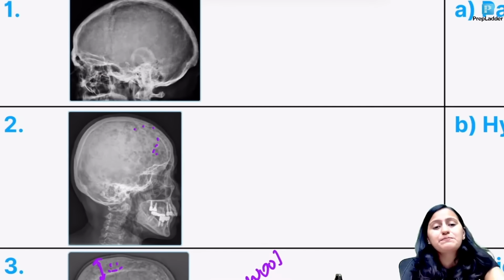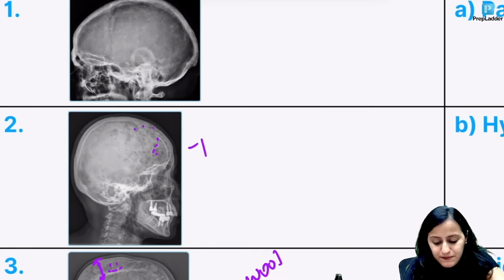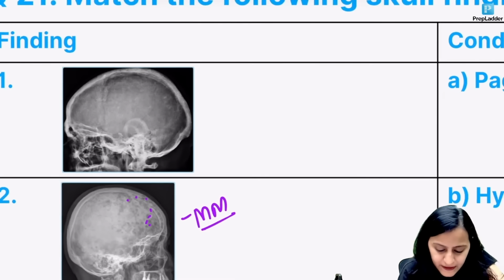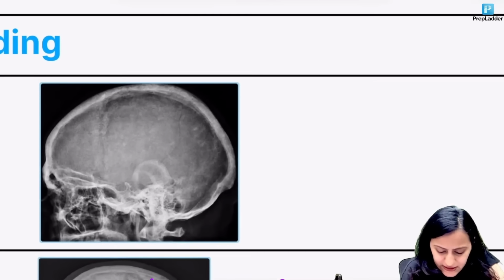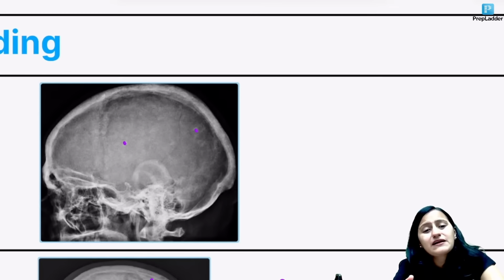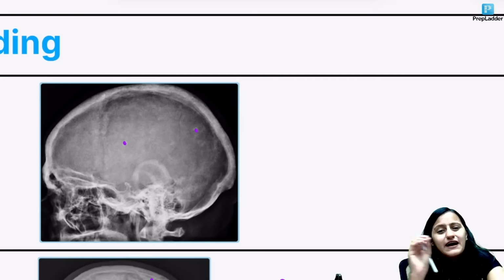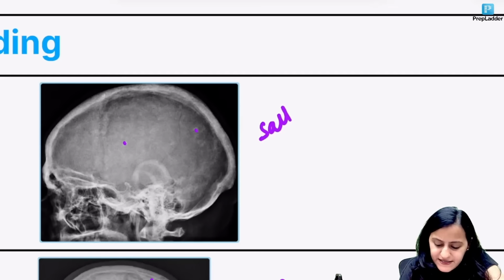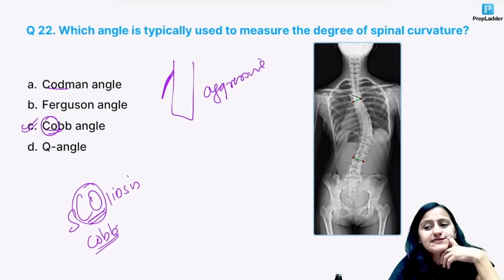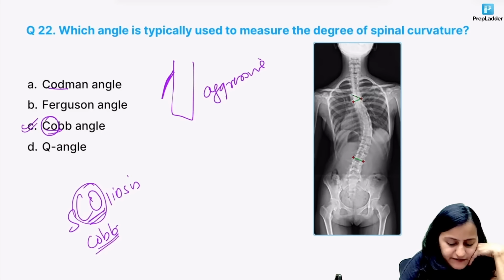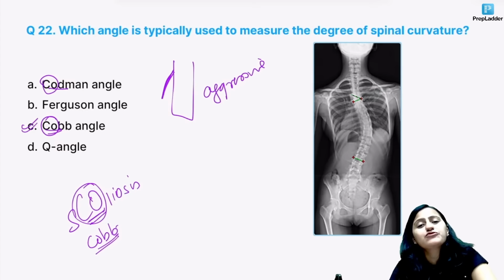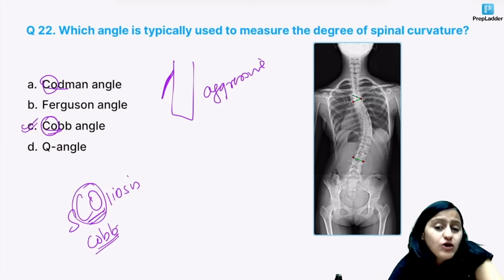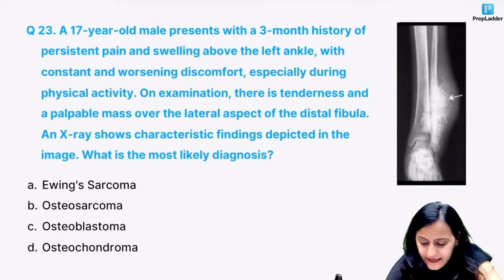Look at these multiple well-defined lytic lesions in the skull, like punched out lesions, multiple myeloma. Okay, and what do you see here? The hyperparathyroidism, which causes subperiosteal resorption. So few areas are going to be black, few areas are going to be white. So salt and pepper. So remember, for scoliosis, COCO, it is Cobb's angle. Do not get confused with the Codman's. Codman's angle, Codman triangle is in osteomyelitis or osteosarcoma and Ewing's, aggressive bone lesions. Okay, clear with everyone? Next one.